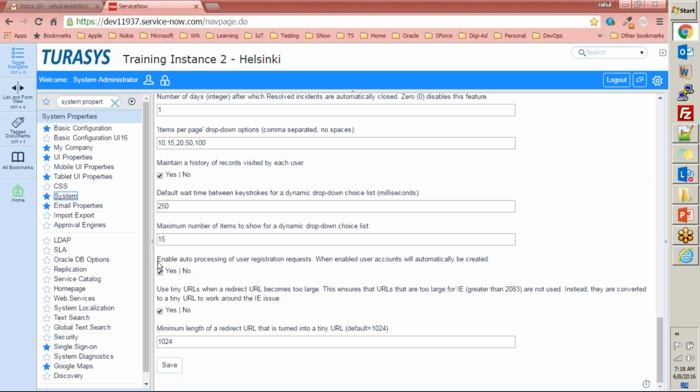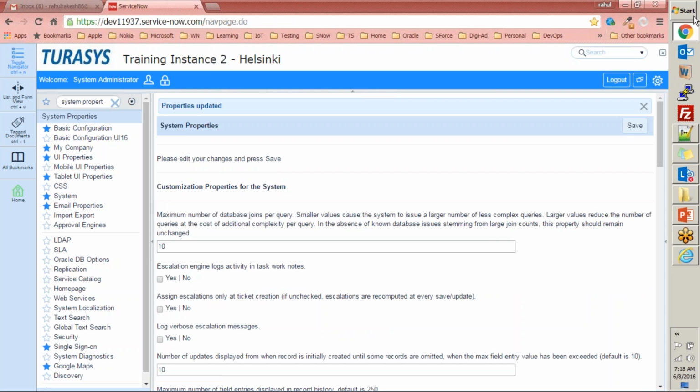See, there is one property known as enable auto processing of user registration request. When enabled, user accounts will be automatically created, right? This has been enabled for me. I kept it enabled. When I keep it enabled, any user registration request to this instance will be automatically processed.